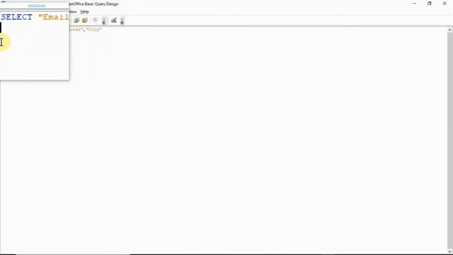Press the Enter key and type the command FROM, and type the table name,